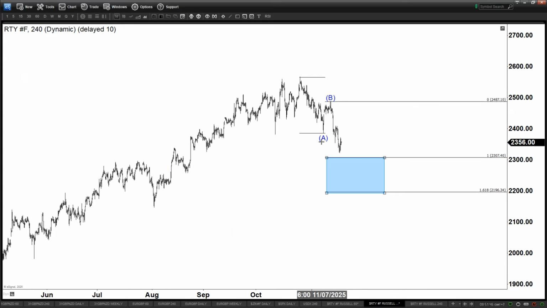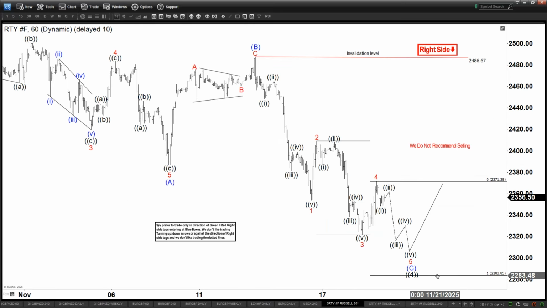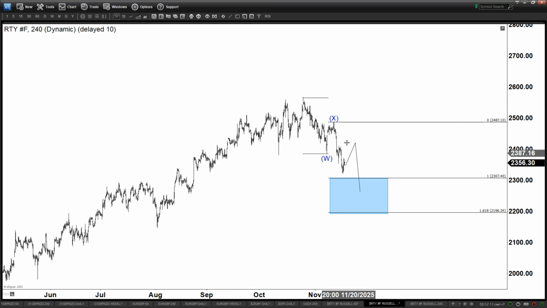So instead of ABC, I can force it to be WX here, and then you can technically get something like this and then go down again like this. So this is another WXY. So I think this is the more important level that I'm looking at, between 2307 and 2196. Not necessarily that it must stay above 2283. That one is valid if this is really 5 waves, but again, like I said, we can always adjust if needed. So I would say this is really the key level,